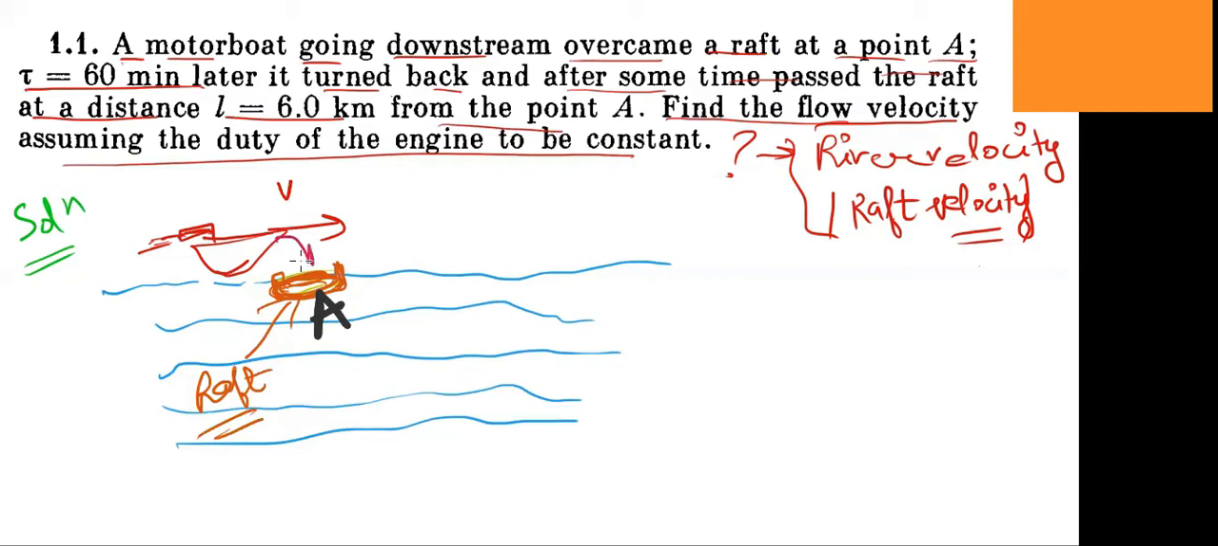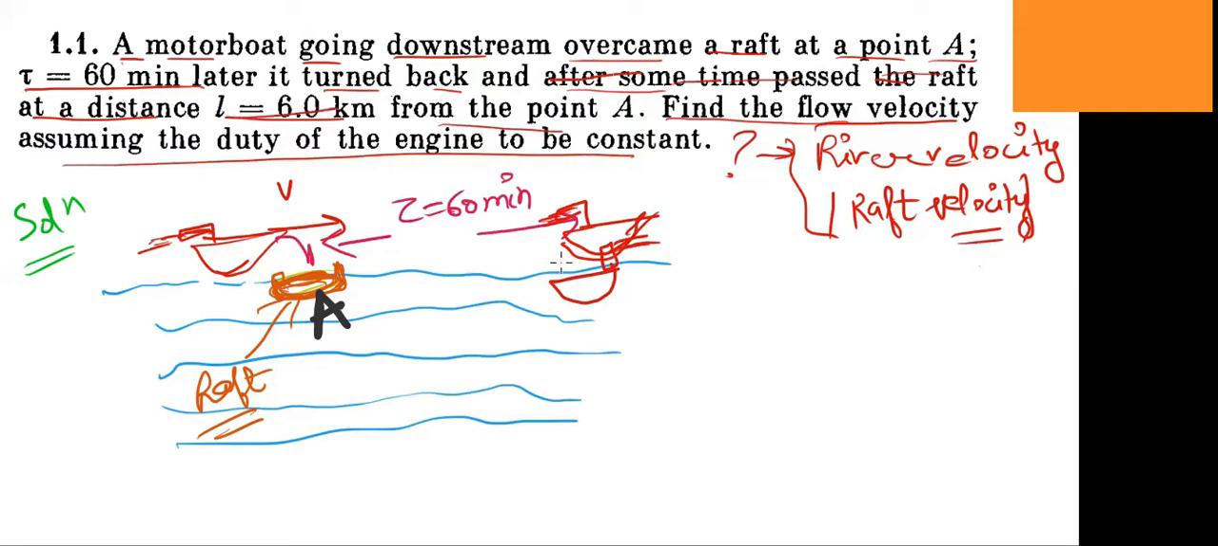Then tau equals 60 minutes later, it turned back. So after traveling for 60 minutes, suppose from here to here it traveled, and the time it took was 60 minutes. So this is the motorboat, and it turned back from here. So let's make a diagram of turning back. After some time it passes the raft at a distance L equals 6 km